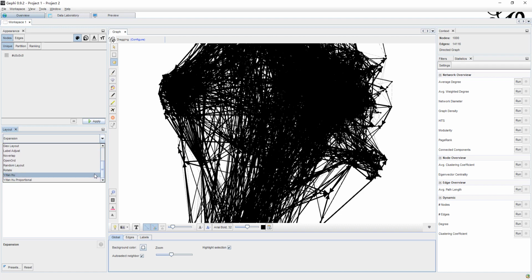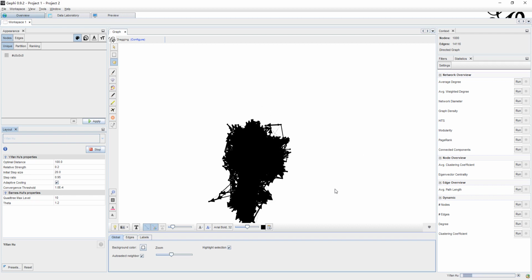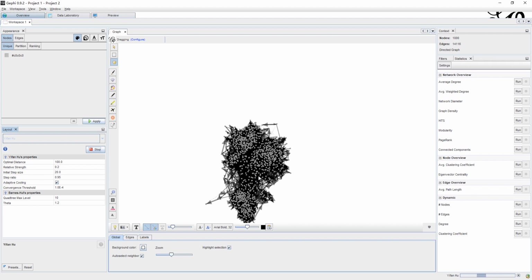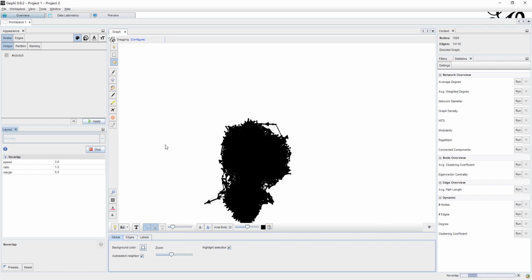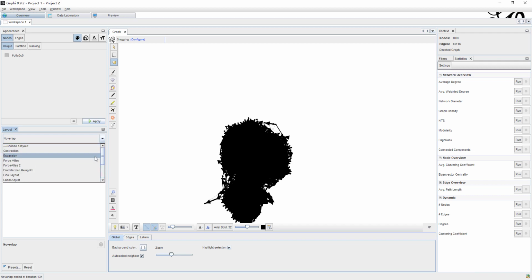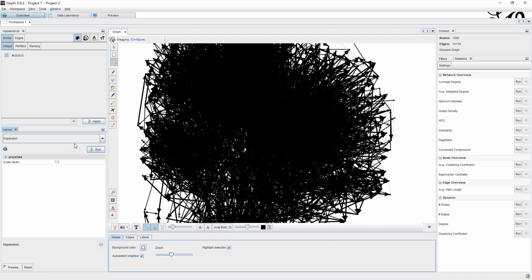We can try a different layout, use this, but it doesn't look nice either. We can choose no overlap because it does seem like a lot of overlaps, right? It will expand the graph even more. If it doesn't look nice, let me try expansion again. Okay, because there are so many data points over here,